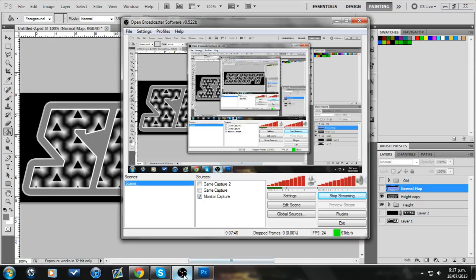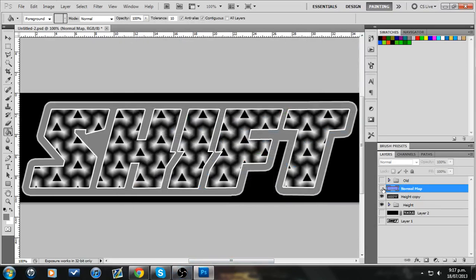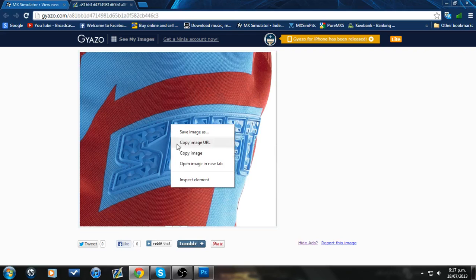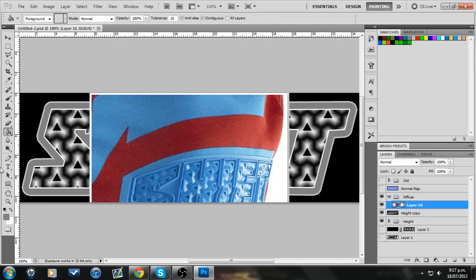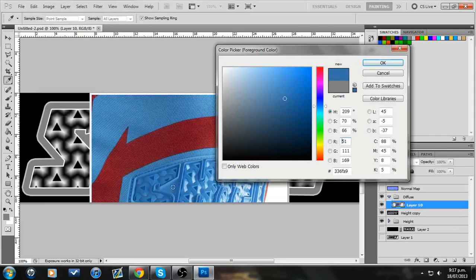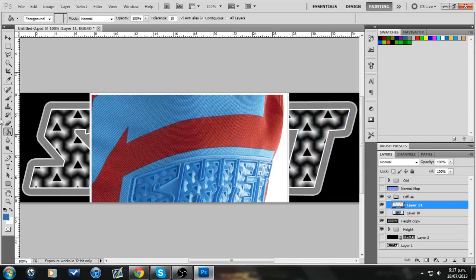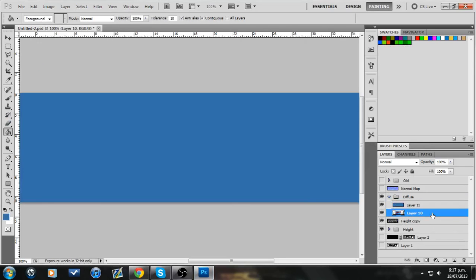Hang on a second. Okay, I was having a weird problem where whenever I pressed M it would turn stuff off. Anyway, I'm going to make a new folder. I'm going to call it diffuse. I'm going to copy image, paste image in here, select the color, make a new layer, paint the layer, delete that,